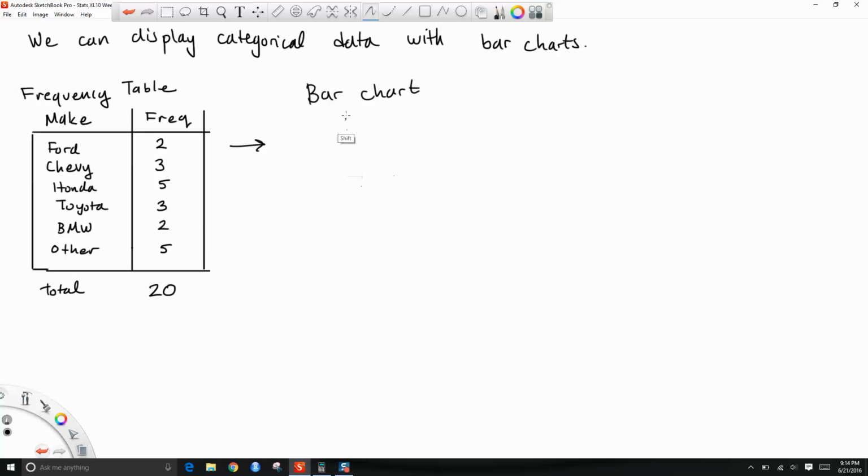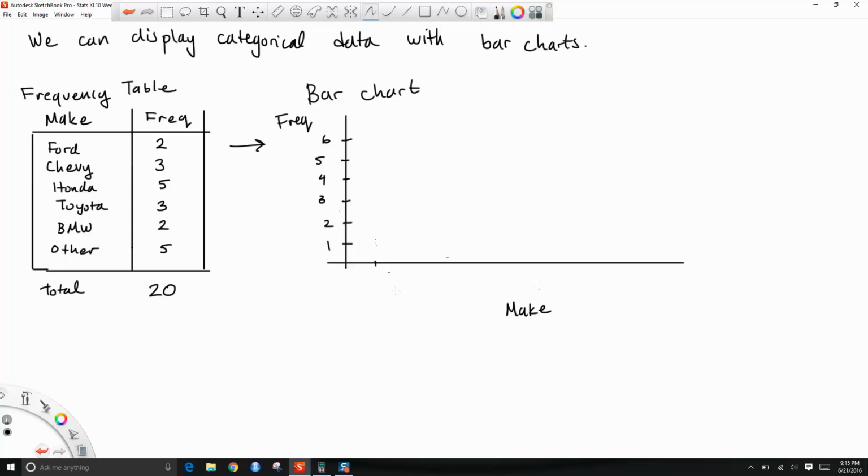With a bar chart, on one axis we will have a number line displaying the frequency, starting off at 1, 2, 3, 4, 5. And over here we will put the categorical variable, the make of the vehicle: Ford, Chevrolet, Honda,